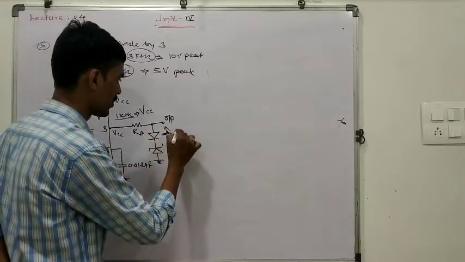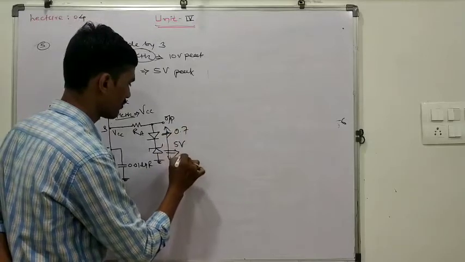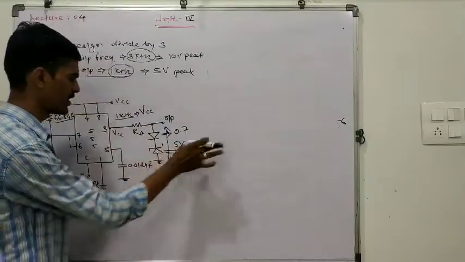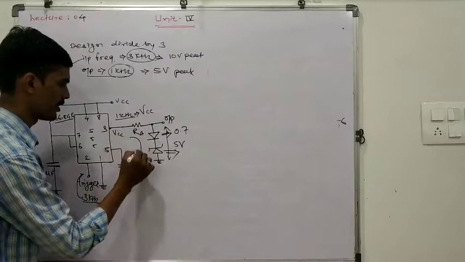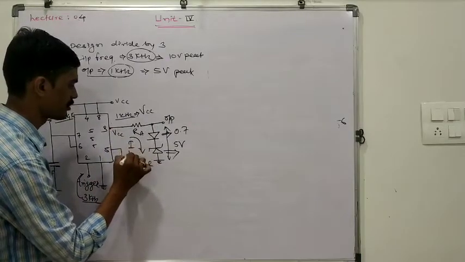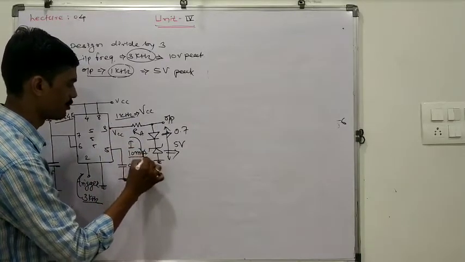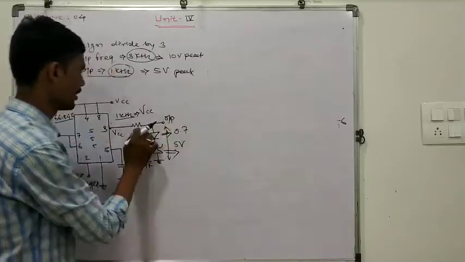So the voltage drop across this is 0.7. So Zener must be equal to 4.3. We can easily find that out. But now here we are considering I equal to 10 milliampere, that we are assuming. So let us start to calculate the value of RA.